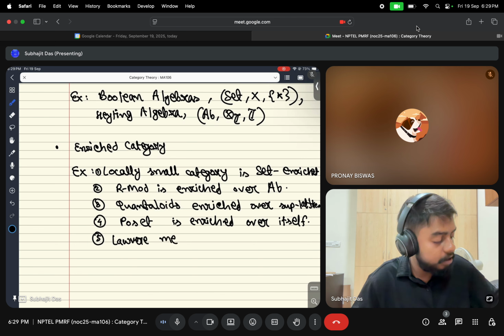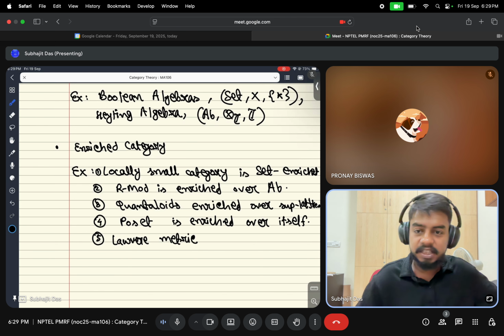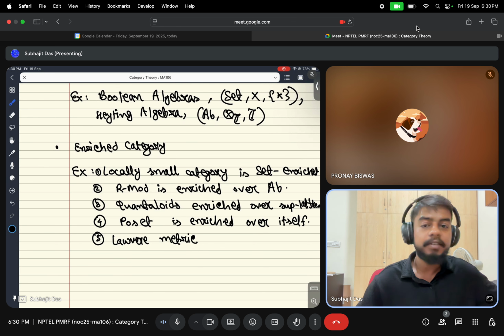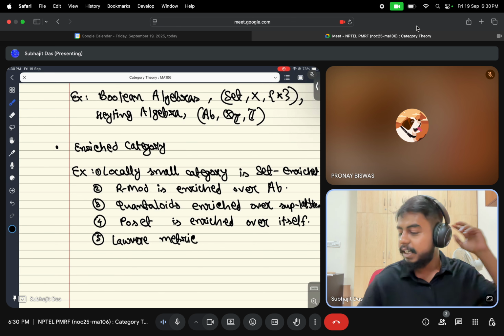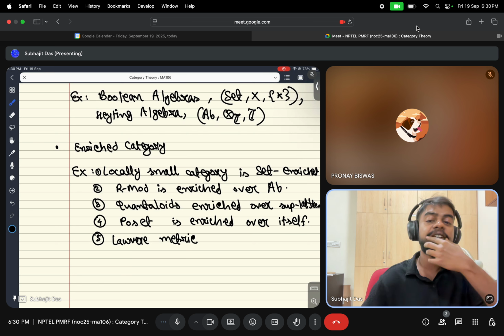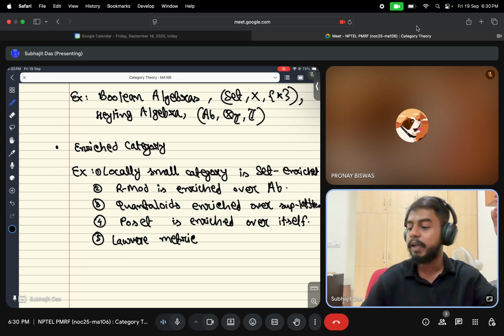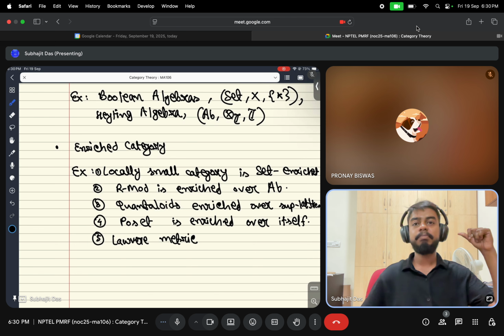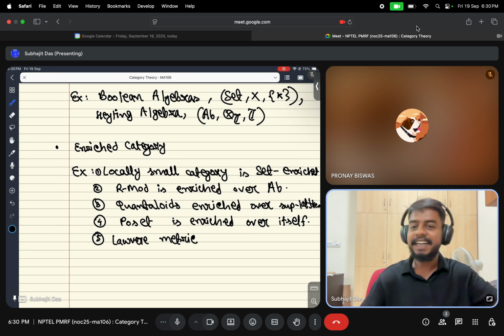Lawvere metric spaces. Bill Lawvere was a fantastic personality and a fantastic category theorist and mathematician. It turned out that he went to Mac Lane at some point of time, before category theory even came into the picture, and said that he had figured out a way of doing set theory without using elements. Mac Lane sort of dismissed that idea at that point because he felt that it might not make much sense. But then category theory came into the picture. I mean, Mac Lane and Eilenberg